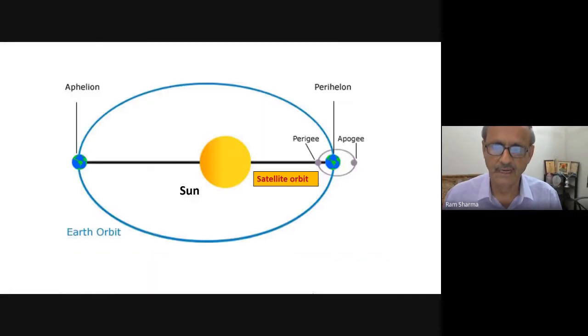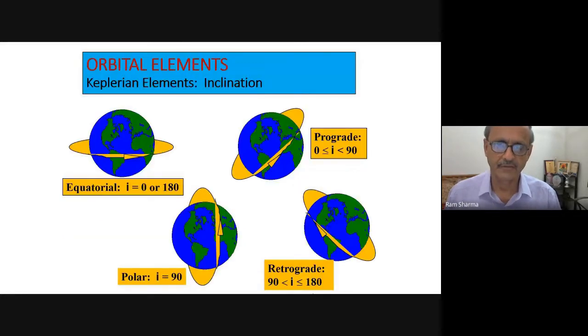Now the distance of the Earth from the Sun's center. When we take all the planets around the Sun, we call them perihelion and aphelion. Farthest is aphelion and the nearest is perihelion. And in case of the Earth, G is for geo, so G is for Earth. So perigee and apogee are the minimum and maximum distance. So this figure very clearly tells these names.